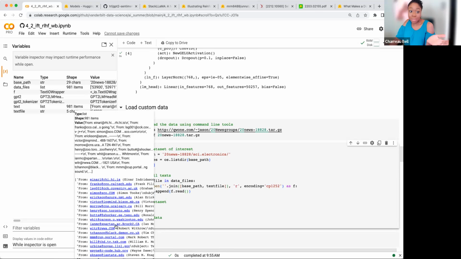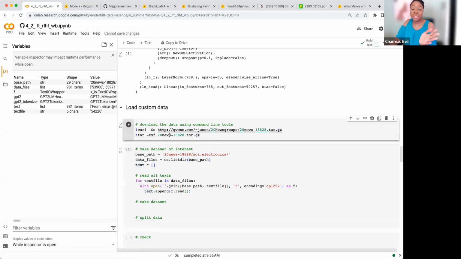This might be similar to you. You might have lots of files on your computer. You might upload them to Hugging Face, or you might serve them up on some website for you to download. You might have them as a tar. You know how to do that. You can download, you can untar, and now you can read all the files. Now, the question is, what's the easiest way to get this into a data set format?